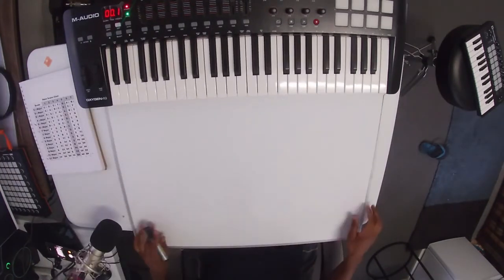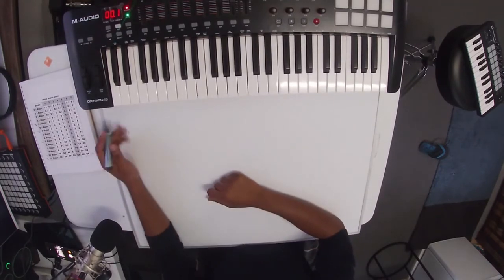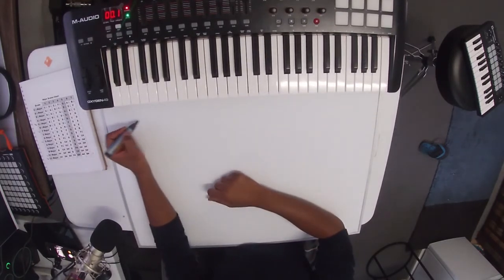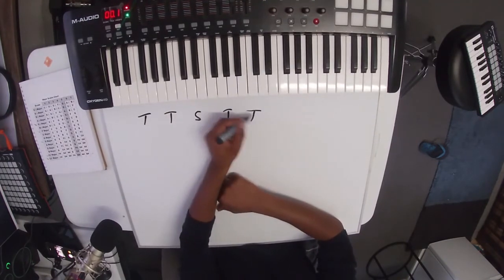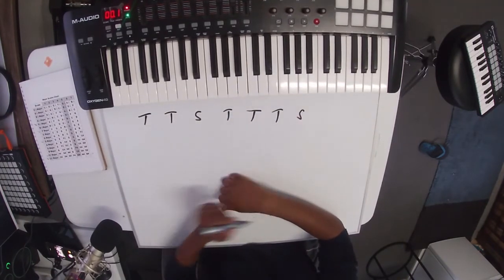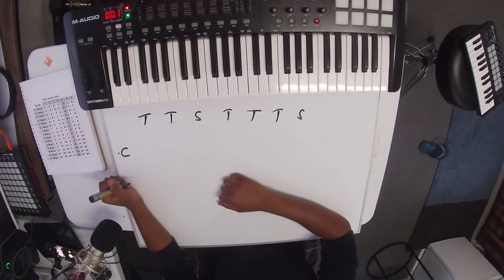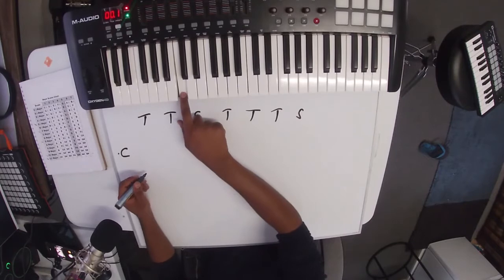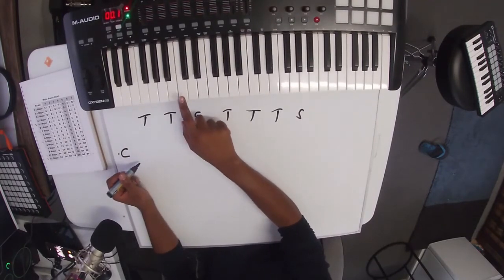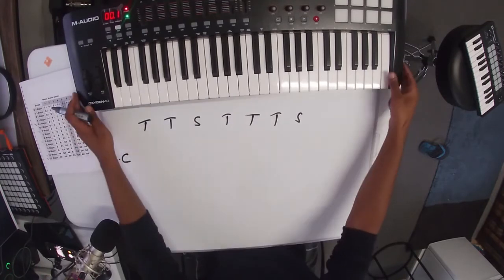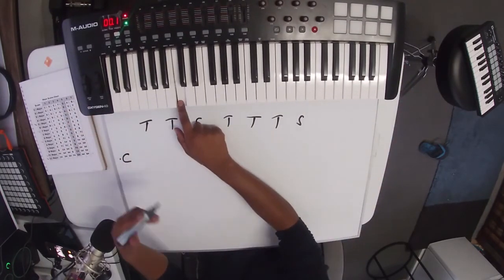Okay, so let's build a couple of major scales, right? Let's start off by writing down the formula. Tone, tone, semitone, tone, tone, tone, semitone. Right? We start off with C. That's usually our starting point. C, tone. So you start off by pressing the note, then you go tone,